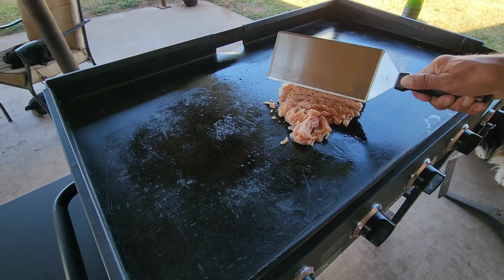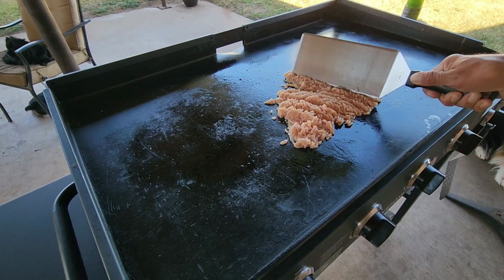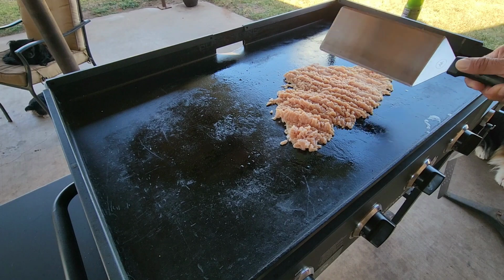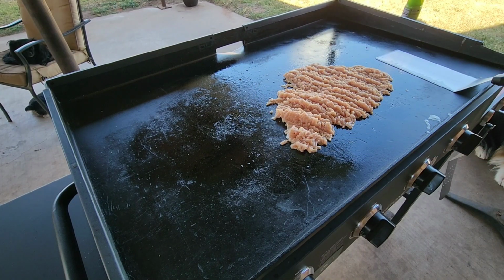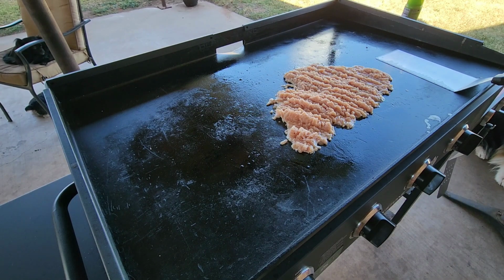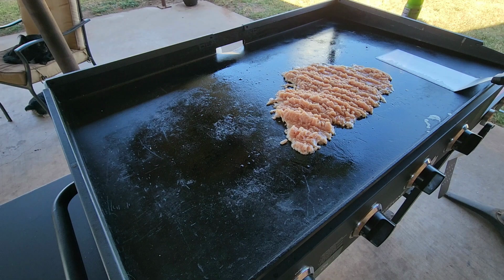Got a pound of ground beef. Now, if I can edit this correctly, I will share the link for the recipe that I'm using with all the ingredients. Basically, we do have some flies because it's still warm here in Oklahoma. We got some water chestnuts, an 8-ounce can, I think. Some scallions, green onions, some garlic, hoisin sauce, soy sauce, rice wine. It calls for rice wine vinegar. We didn't have any, so we got rice wine and garlic. Garlic, I said, ginger, soy sauce, and olive oil. And like I said, hopefully I can be smart enough to share the link for the recipe that I'm using, or you can just look it up. There's a ton of different recipes for this